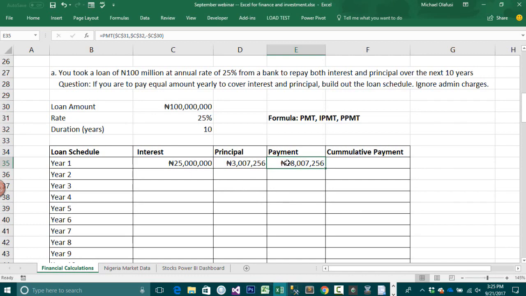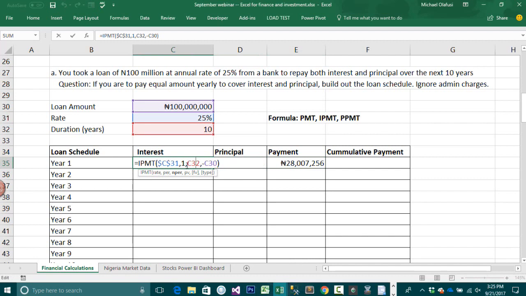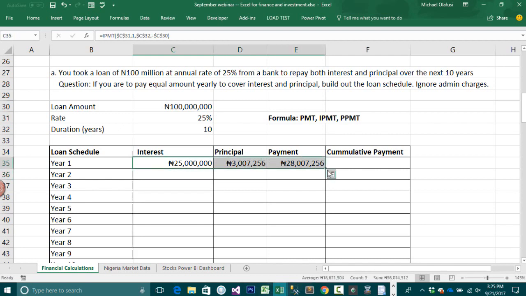Right, so if you notice something, interest plus principal is going to equal what you pay back, right? So look at it, interest plus principal. If you look at what it's giving me in here, you can see it's equal to 28,000,072.56, which exactly is what I have in here, right? So I'm going to just drag them down. Because I want to drag down, I'm going to just lock some cells, and then I'm going to drag down,